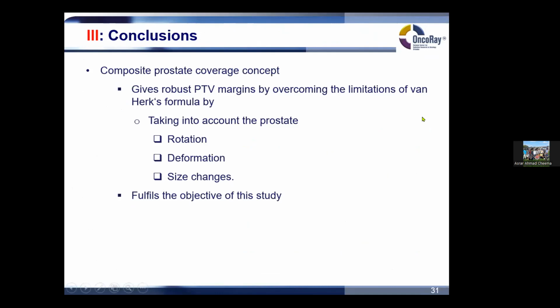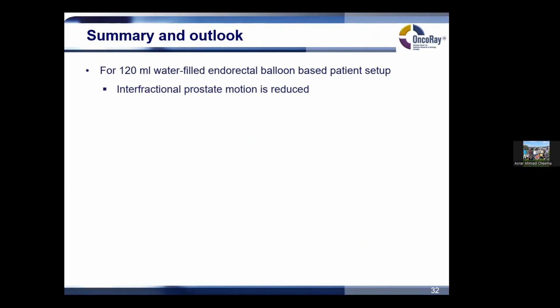From this, it can be concluded that the composite prostate coverage concept gives robust PTV margins by overcoming the limitations of Van Herk's by taking into account the prostate rotation, deformation, as well as size changes, which fulfills the objective of this study. So in the end, to sum up, for 100 milliliter water-filled bladder and rectal balloon-based patient setup, interfractional prostate motion used